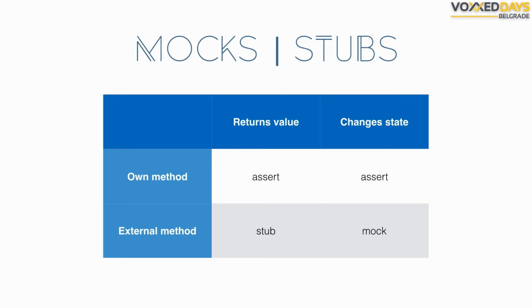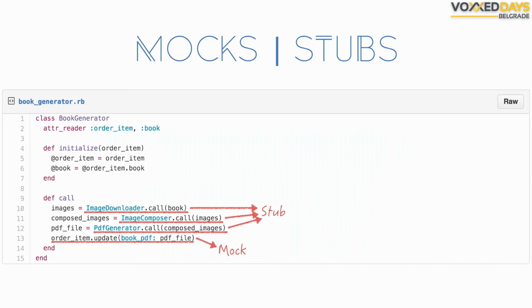Why is this so? Well, if you think about it, return values from external methods should be stubbed because you don't know what the actual implementation is going to return, but you know what you expect it to return. And why should we mock external methods? Well, we want to be certain that something happened, because it's hard to replicate the changed state, but we can assert that it really tried to change it. This leads us to the example before, where you can see that we really did stub out and mock the